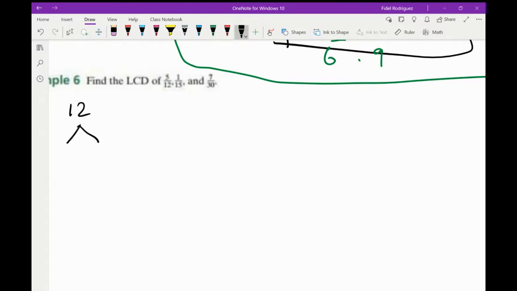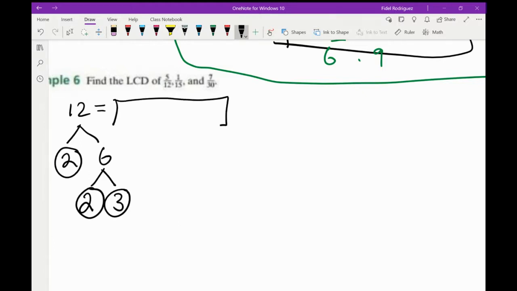Whether I go 2 times 6 or whether I go 3 times 4, I'm still going to get the same answer, okay? So look, I'm going to go 2 times 6, and I know I can't break down 2, but then I know 6 I can break down into 2 and 3, and I can't break those down. The idea here, my friends, is when I'm breaking these numbers down, I'm breaking them down into what we call those prime factors, meaning these are numbers that can't be broken down anymore, okay?